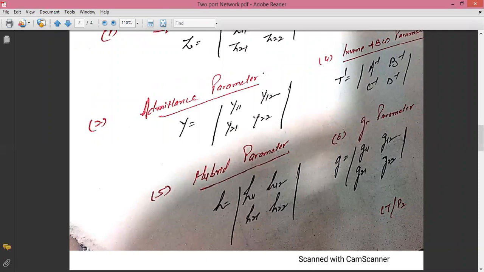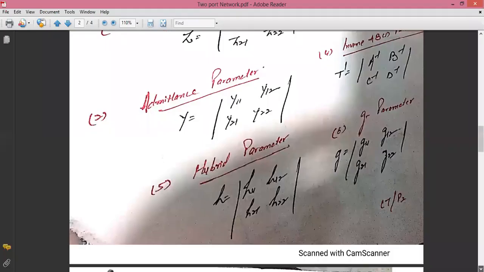Now it is clear to all of you. You are getting a small idea of what a parameter is. After that we will practice more and more theory, more and more numericals, and your concepts will become clearer. But at this stage, is it clear to all of you? What do you mean by this Z parameter? What is a parameter basically? Is it clear to all of you? Yes, sir. Okay.